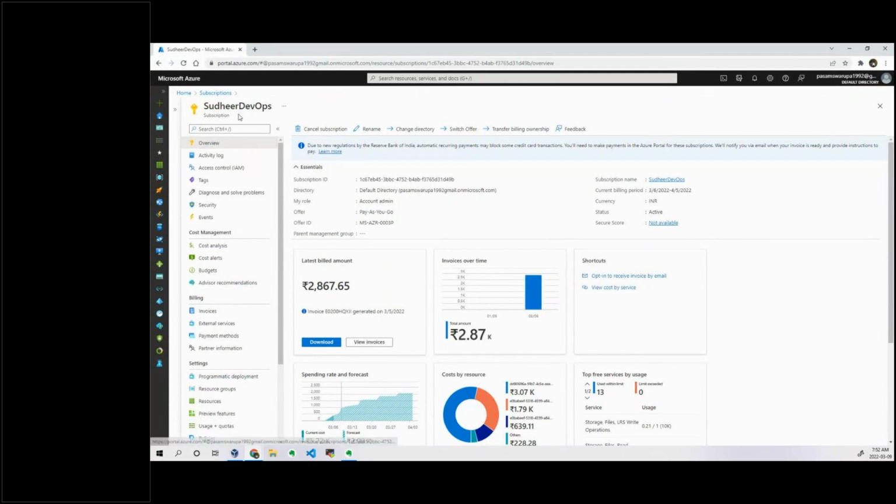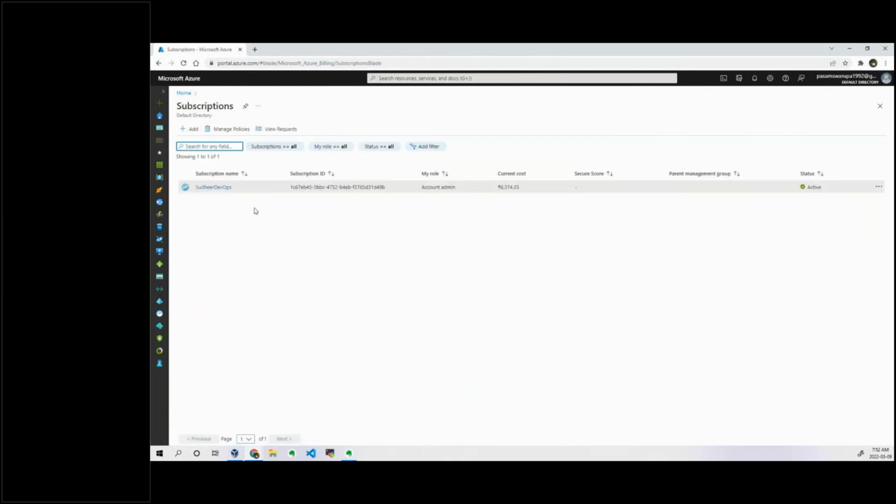Let's say access in the sense of what? Are you trying to do it from the portal or from the CLI? Yeah, from your Azure portal. Let's say you have a particular resource under another subscription, under a particular resource group.